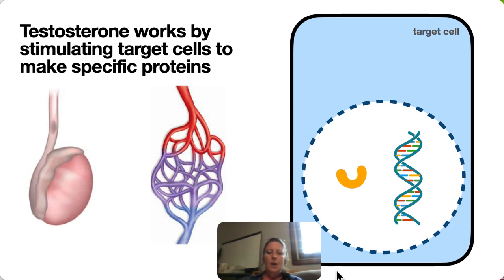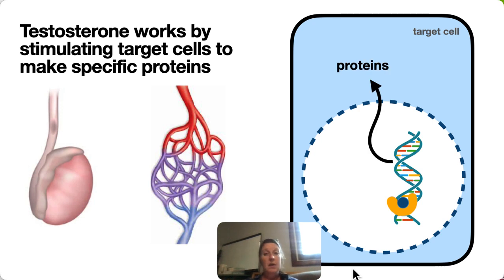Now, what does testosterone do? Well, testosterone is produced in the testes, and then it's released and it goes into the bloodstream, which carries it to target cells around the body. Inside the target cells, there are receptors. When testosterone binds its receptor, both of them move to a part of the DNA that contains a gene that we want to make, that testosterone is stimulating the production of. So we end up with a particular protein or proteins based on the fact that testosterone has arrived.